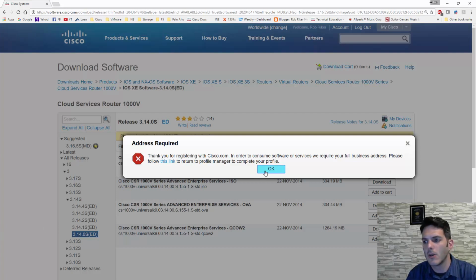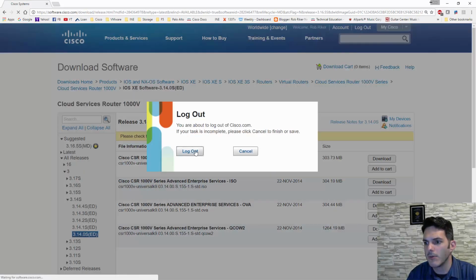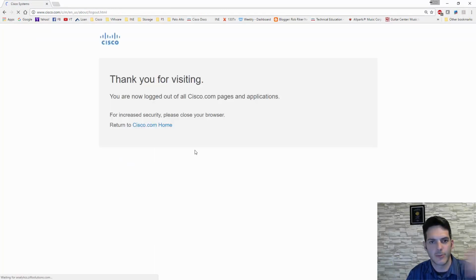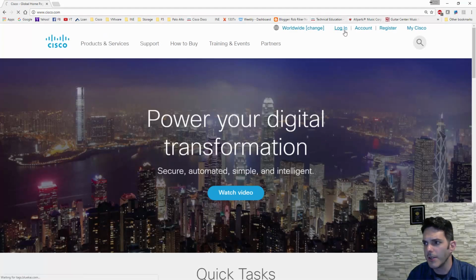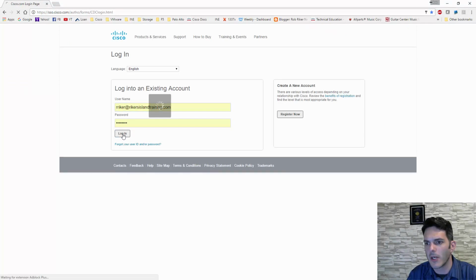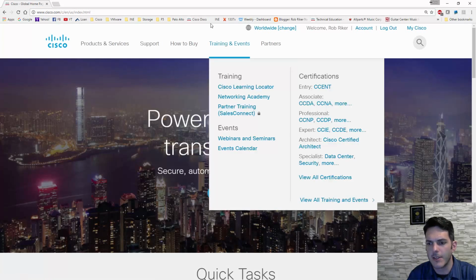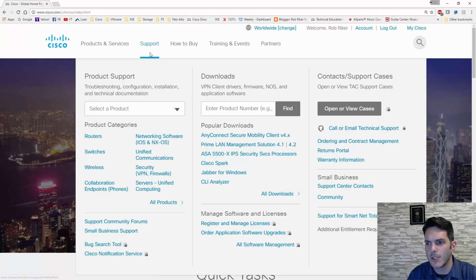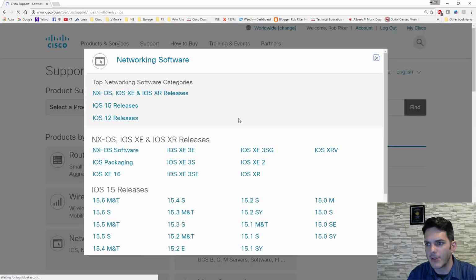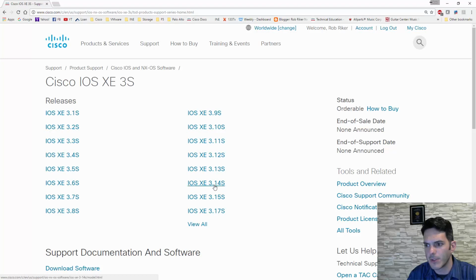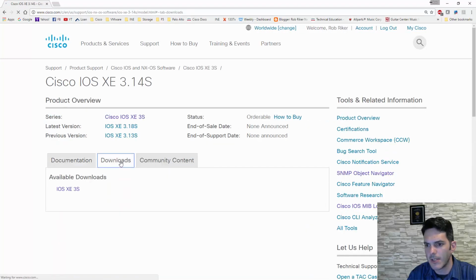Maybe, you know what, let me try logging out and logging back in. Let me go ahead and log out of Cisco.com, and hopefully that'll trigger something on the back end. Now, if you log in and log in again, and you go to support, you give that a second to do its thing. Support, and you go to renavigate to it again. We're going to go to 3S 3.14